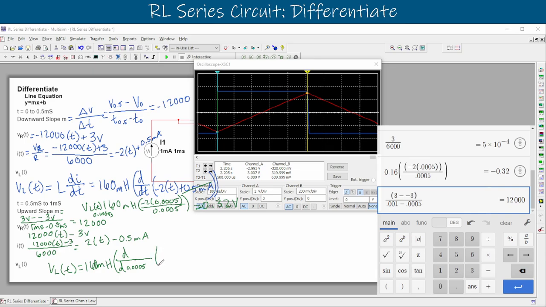And then we'll multiply that whole thing by our voltage. This can go on top up here also. It just gets a little bulky when you put it up there, so we like to put it down on the side here. 2 of T, we know what T is, we can plug that in. 0.0005. And we'll take the derivative of this, so it's going to get rid of this 0.5 milliamps at the end here in the end. We'll close that off, and then we will add that to the other side of this,